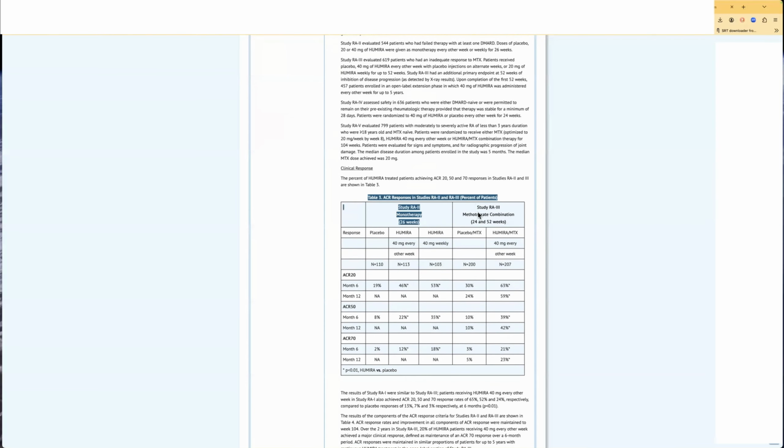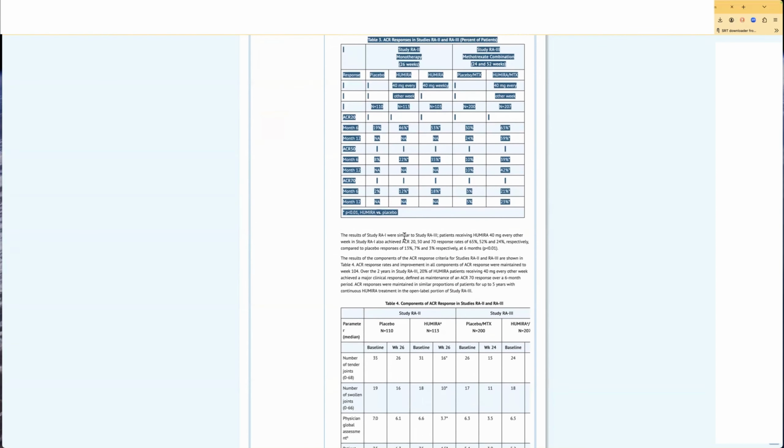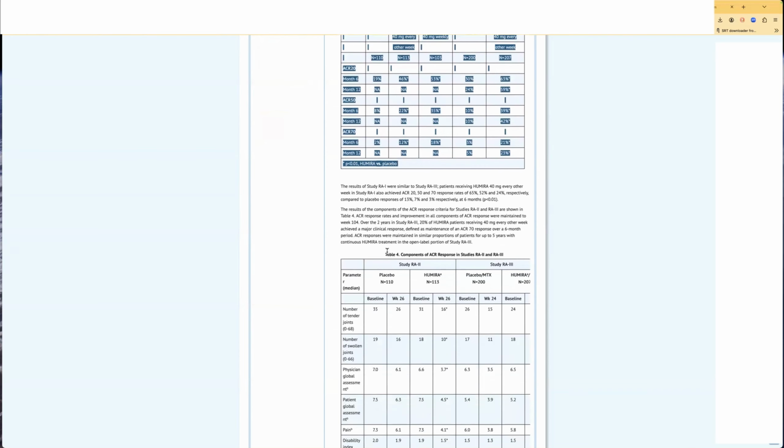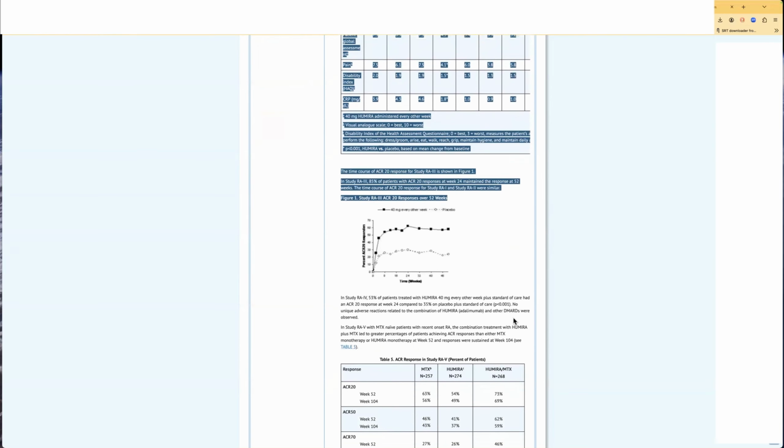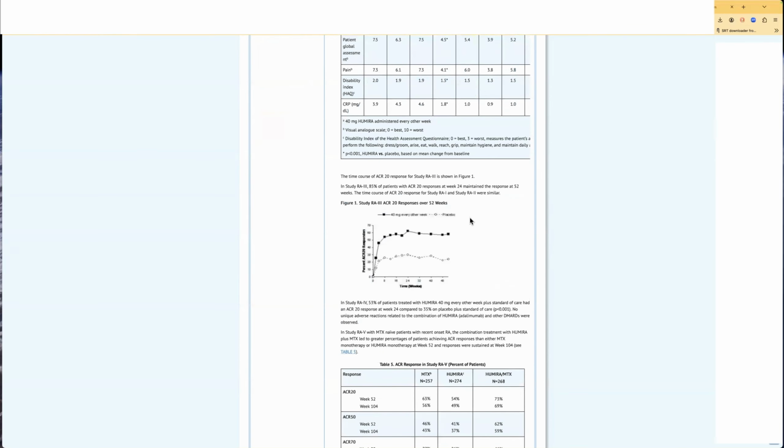So the summary in a table, just to look into the percent of Humira-treated patients, for example, but it doesn't just go to that extent. We can have other tables, so components of ACR response. In studies RA2, RA3, we explain the studies as well. And those studies that we can explain here, or they are explained here, they can be found on